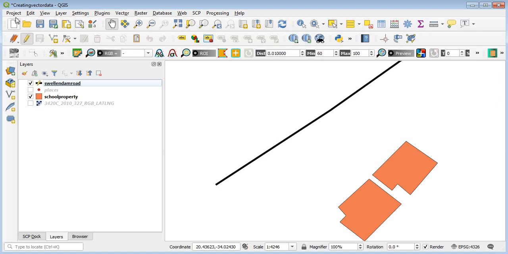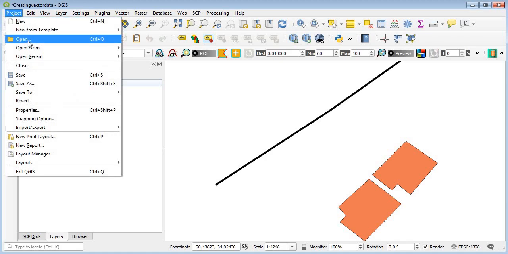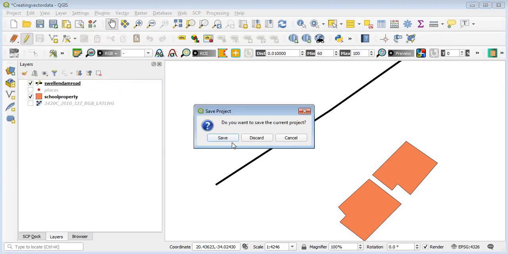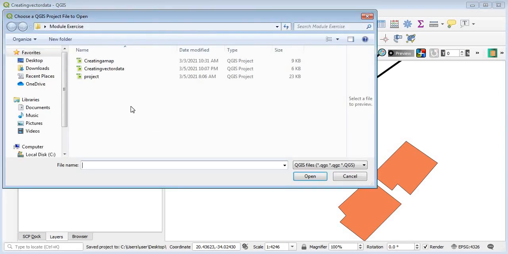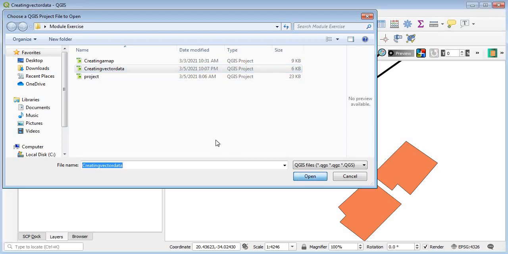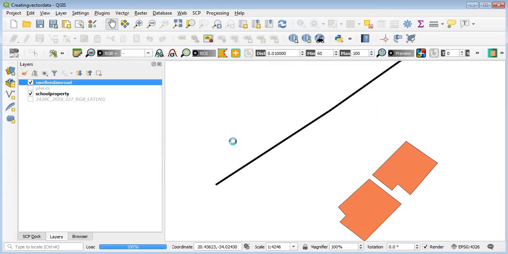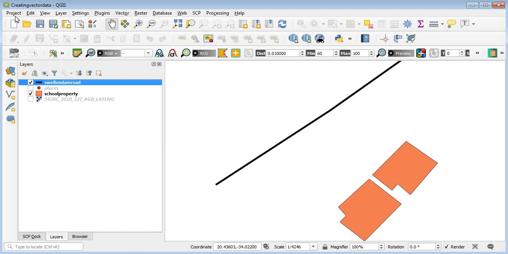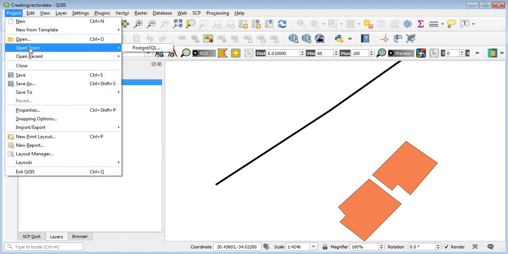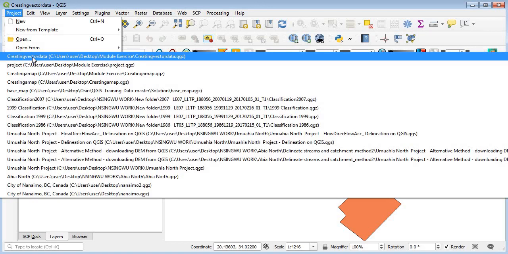And so go to your project, open. Well, since this project is saved, you can click on save. If it's not saved, save it again with the name creating vector. Just select and replace. And so once it's saved, it discards it and gives you an opportunity to open up a new project. The last project was saved, and so you can go to project, click on open recent, or